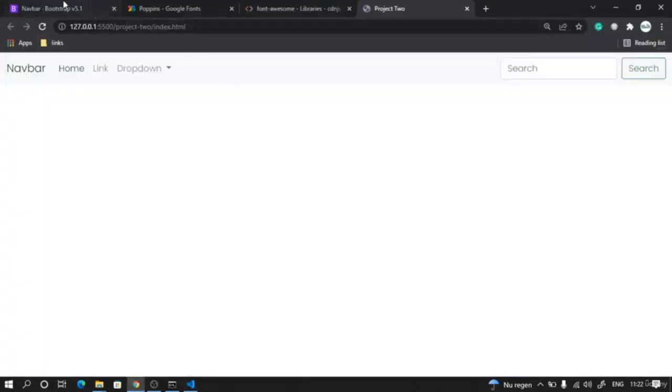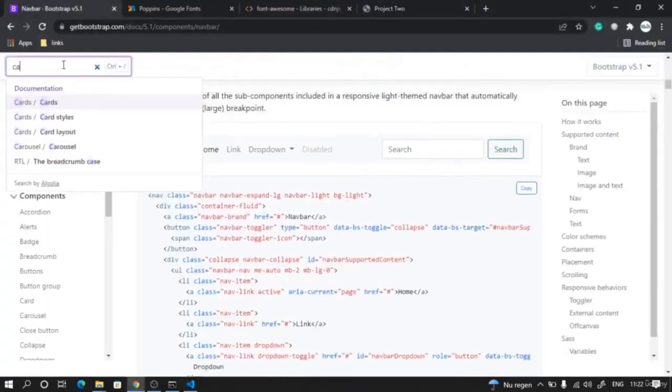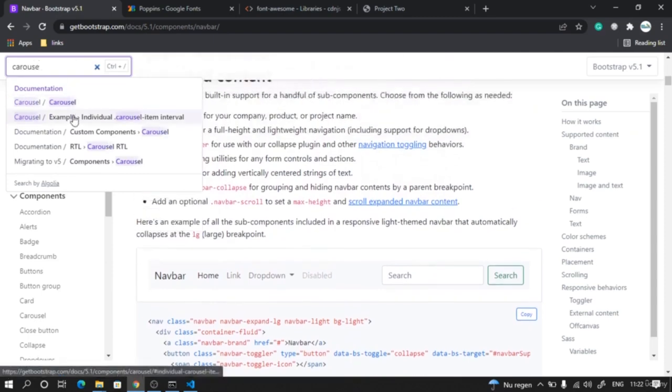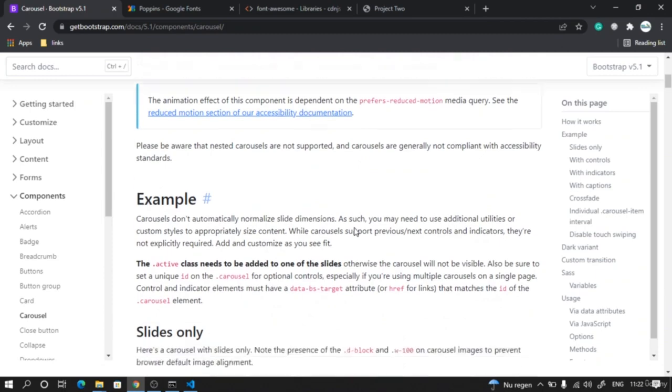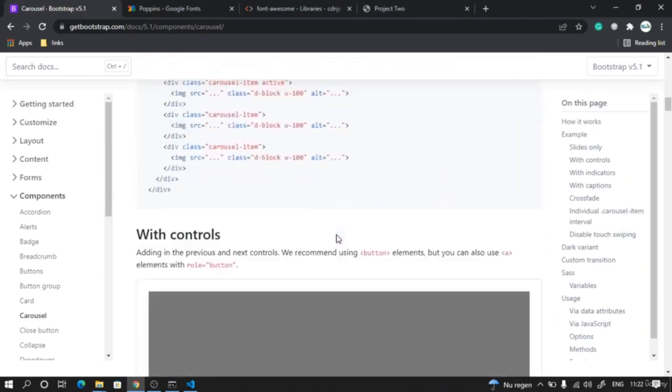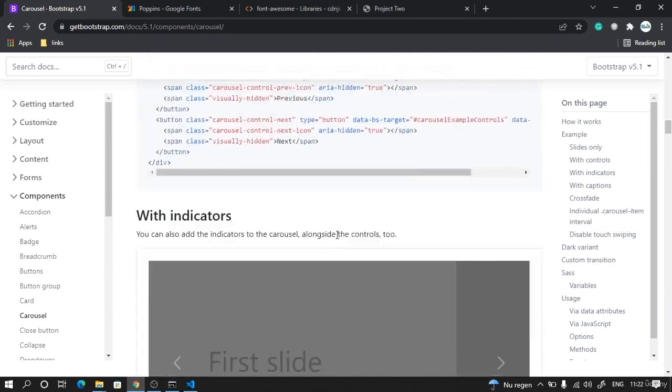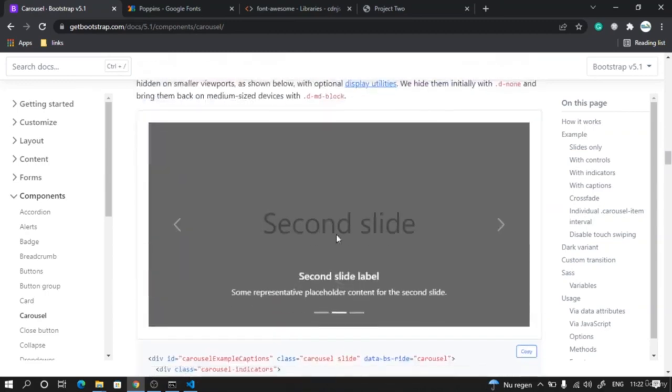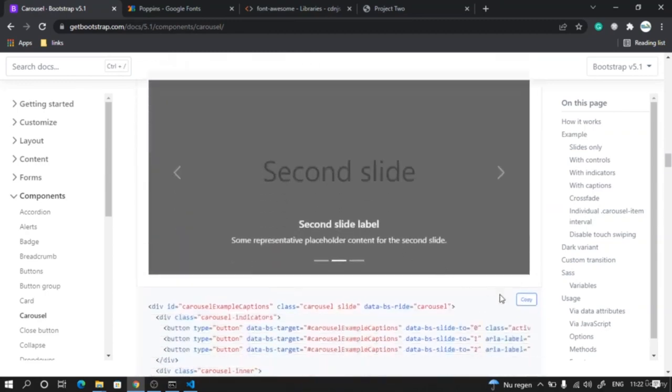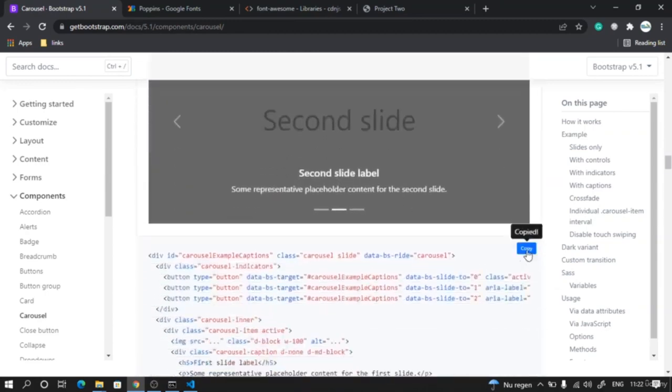So let's go to Bootstrap and type here carousel, and it's going to give us carousel. So click on that, and there are different types of carousel. What we are going to go with is this kind of carousel with caption. So I'm going to copy this and